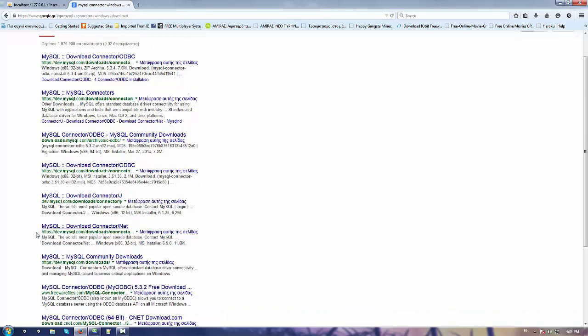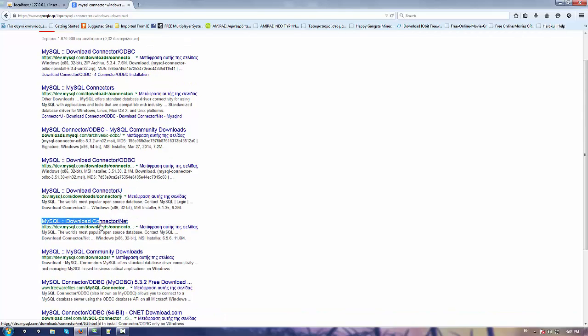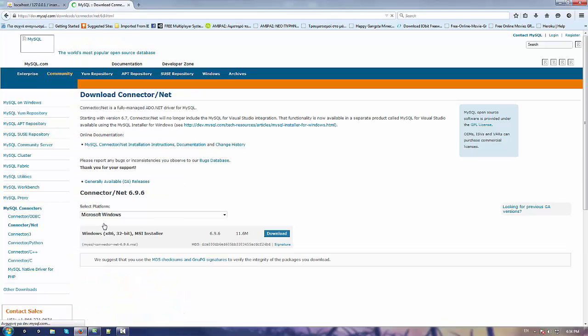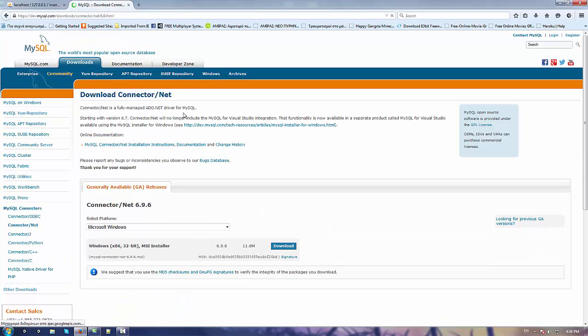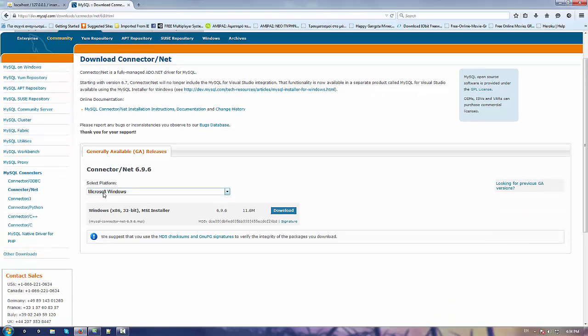Select this MySQL connector/NET, because we are using C# .NET. You select your version, Microsoft Windows, and press download. And then after you have installed it,